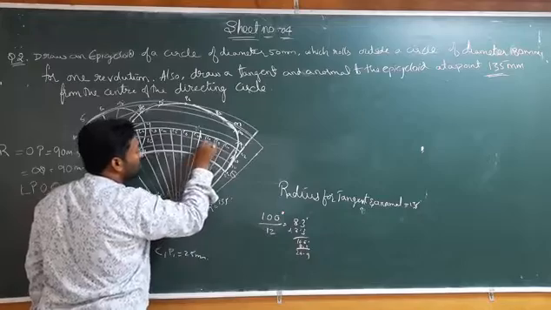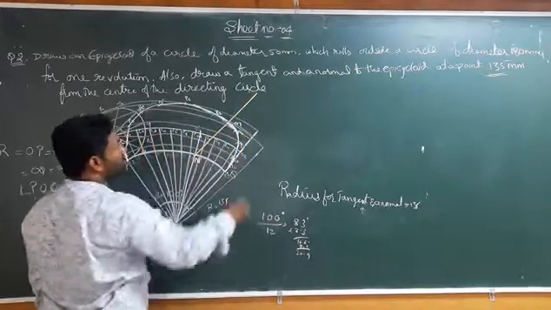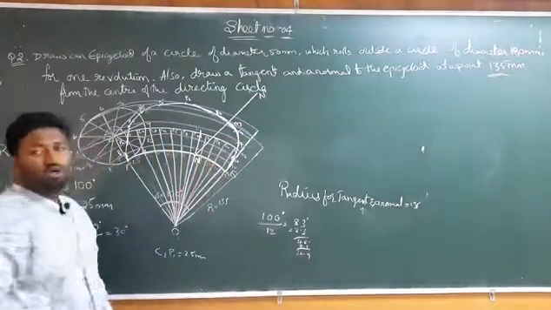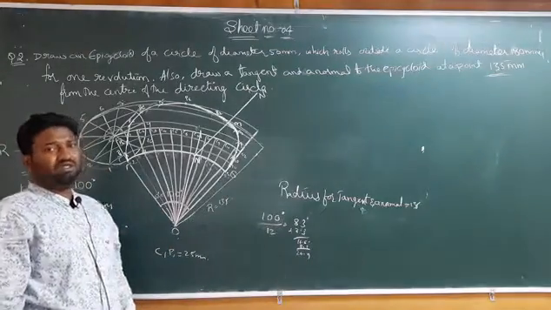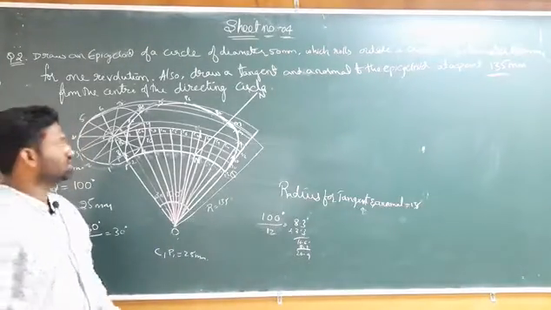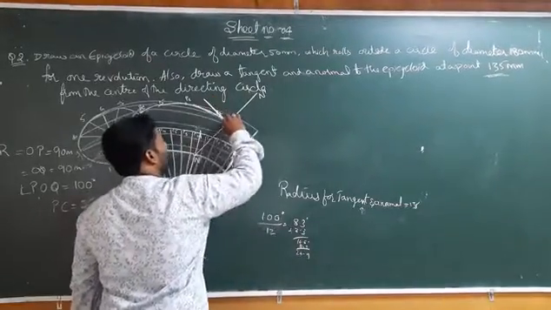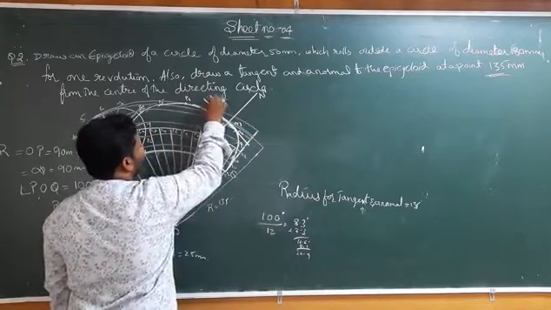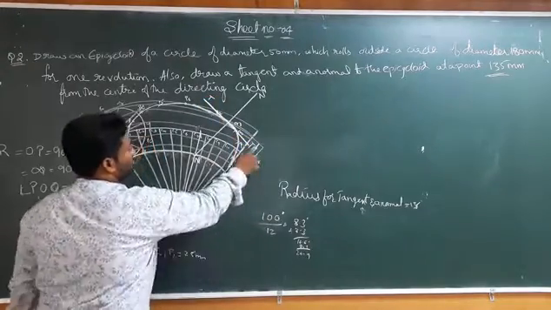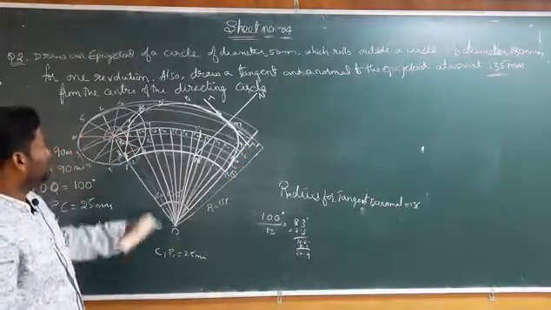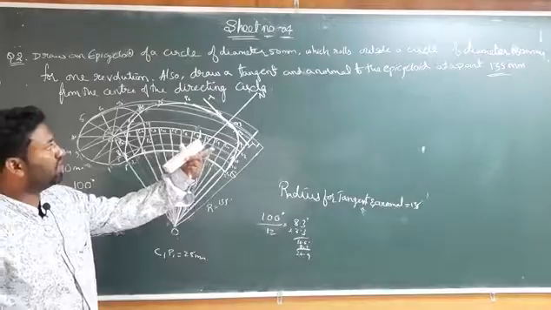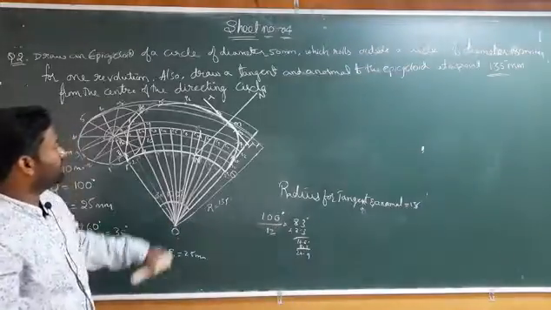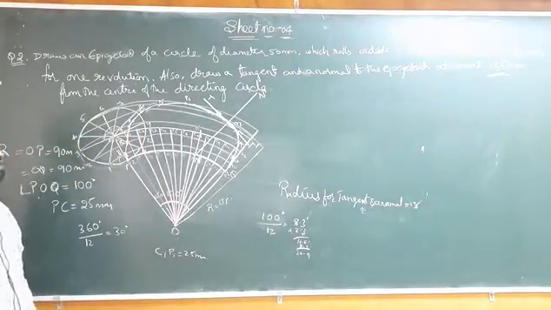I will join the point N to M and I will extend to some extent. This becomes my normal. N dash is nothing but normal. Now, a perpendicular line to this normal is nothing but the tangent. So, exactly at 90 degrees, I have to draw a line perpendicular to this normal, that is nothing but our tangent, T dash. Hence, in this way, we will get an epicycloidal curve, and at the same time we are able to draw normal and tangent in this way. So hence we have completed the epicycloidal diagram. By this we have completed our sheet number